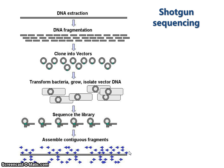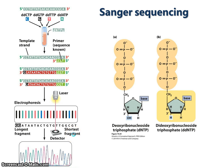Okay, so the whole genome shotgun sequencing was way faster than the map-based approach, and Celera was able to complete the human genome in around the same time that the Human Genome Project did. So it required about half the time, and it was also probably less expensive. All right, so both approaches still had to sequence their clones, and the way they did this was through Sanger